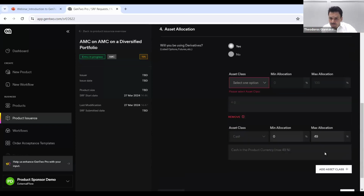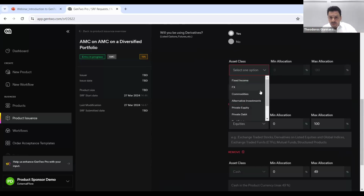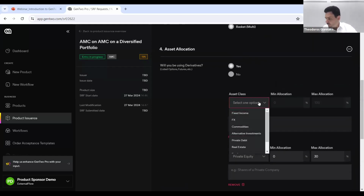Now, we have this button to add different asset classes. So for example, here, I could do equities, could leave it 0 to 100, right? I could click it again, and I can have, let's say, private equity. We can say 0 to 30%, so that there is a significant component of the product that remains liquid. And we could even have a fourth component, which is